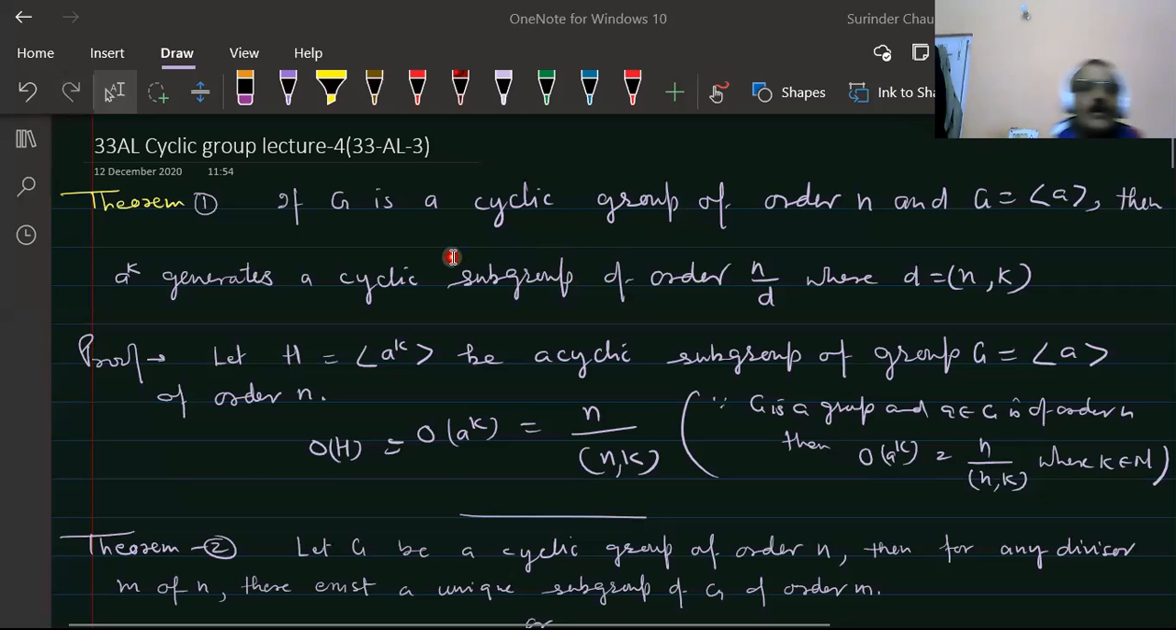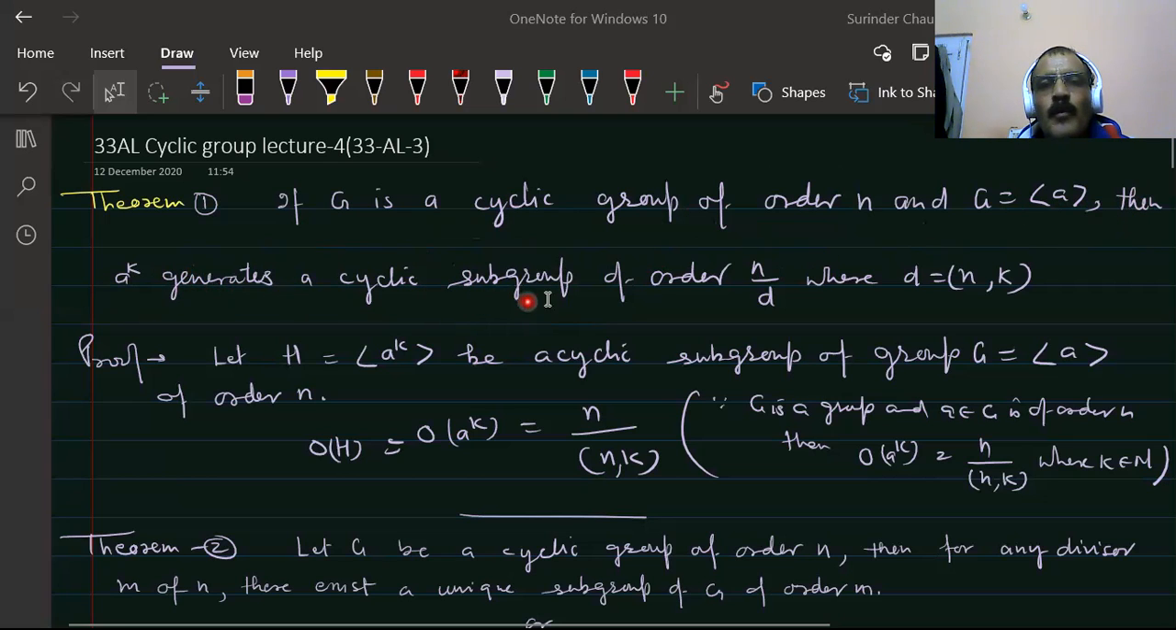Hello students, this is the fourth lecture on cyclic groups in succession and the concluding lecture on cyclic groups, about the subgroup of a cyclic group. The theorem is: if G is a cyclic group of order n and generated by a, then a raised to the power k